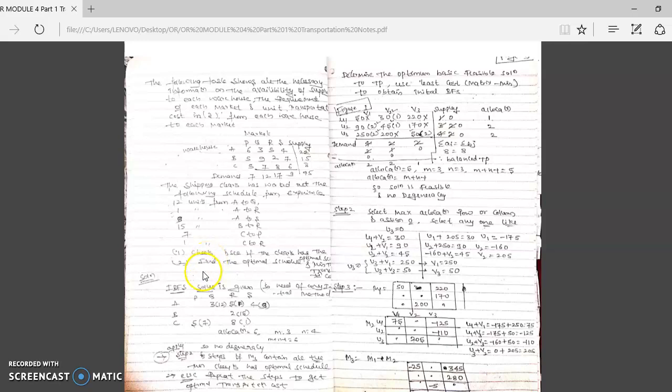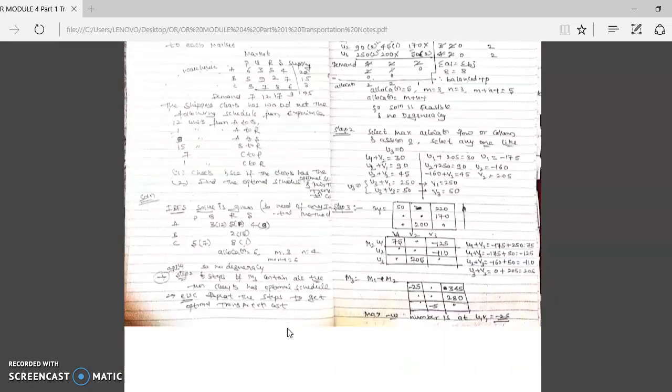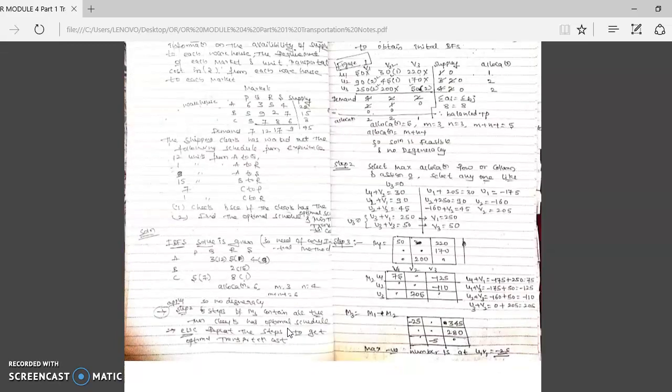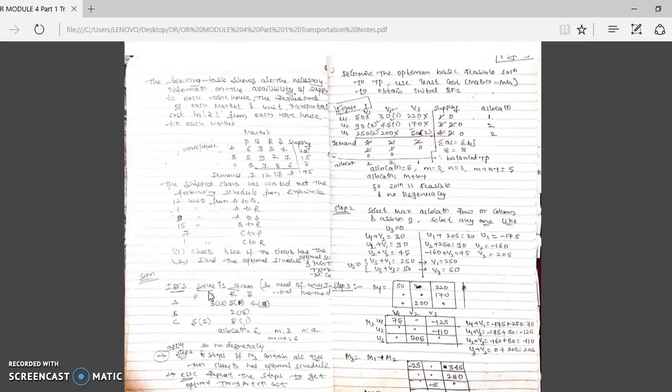Then your job is to find whether, with the allocation he has given, after solving using the Modi method in step 3, we are getting the optimal solution or not. That is, in the M3 matrix, if all of them are positive, then we have to stop the iteration. If the M3 matrix contains a negative value, then you can say that the solution is not optimal. Then again you have to solve it and get the answer. Take it as homework.